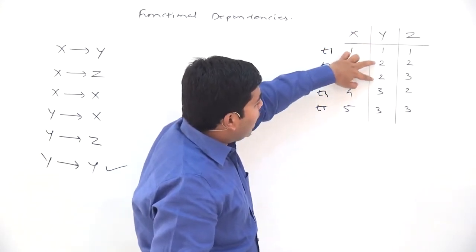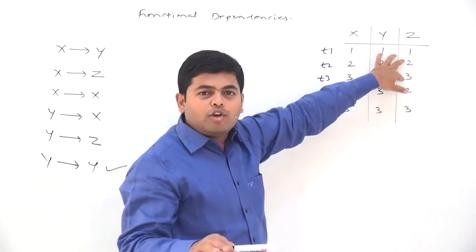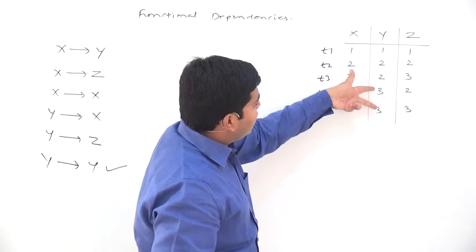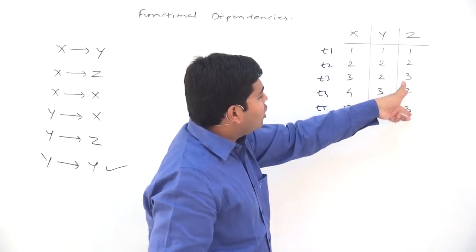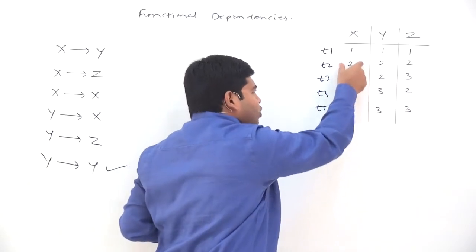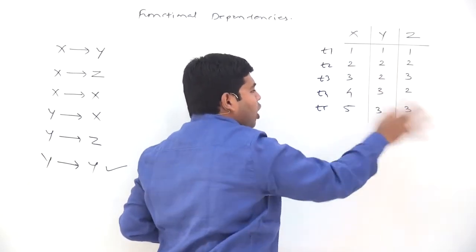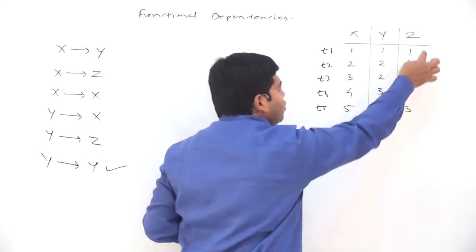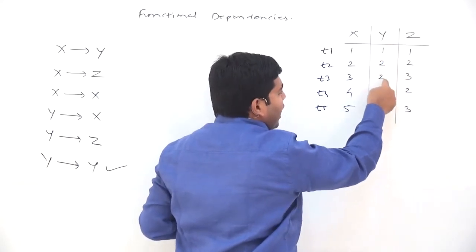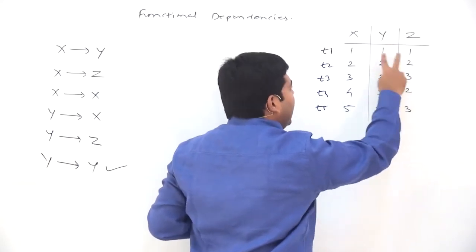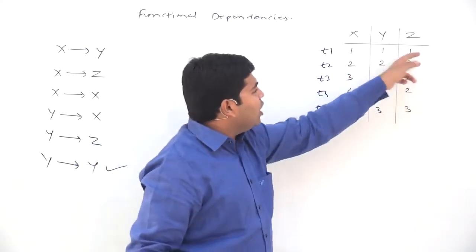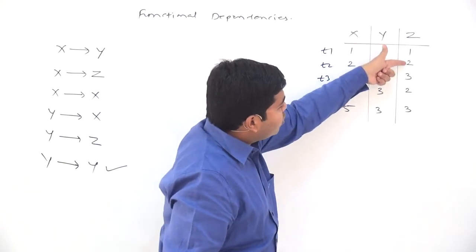From the value of y, the value of z cannot be uniquely determined, and there is a second case wherein the value of y will not give you a unique value of z. Here, every unique value of x will always give you a unique value of y, and always a unique value of z. Here, sometimes a value of y may not give you a unique value of z, and sometimes it will. So when y equals 1, z equals 1, but when y equals 2, z is either 2 or 3.